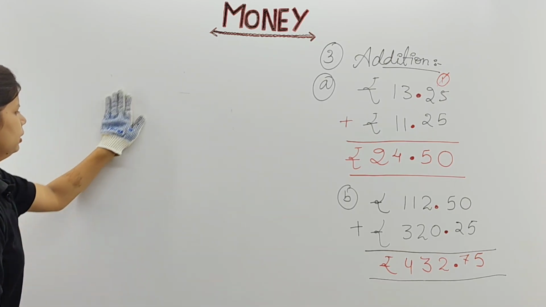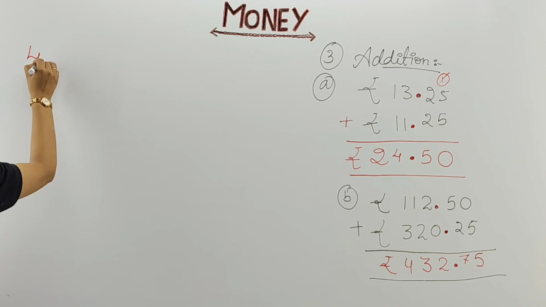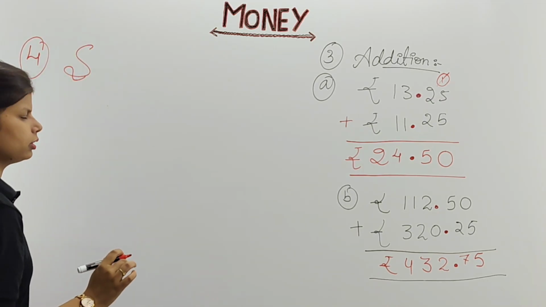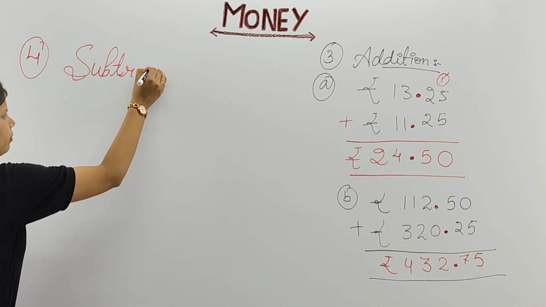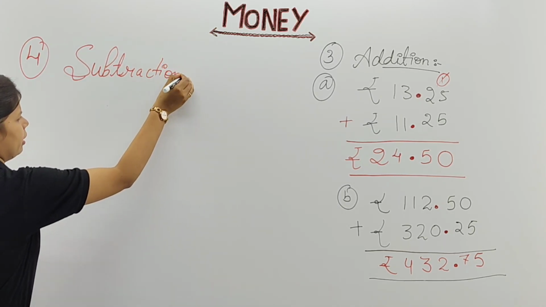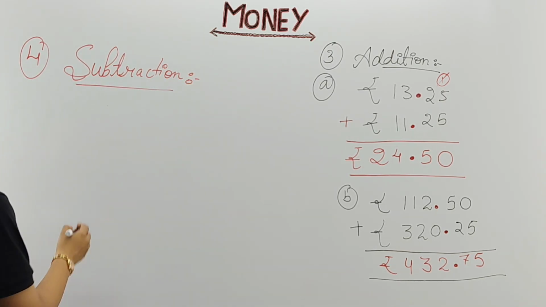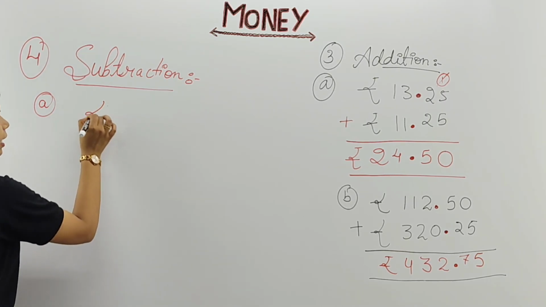Like the second of yours is there. The fourth part which we are dealing with is your subtraction. Homework I will give you at the last. Okay, children? I'll give certain questions at the last that will be done by you and your answers will be given in the comment section. Subtraction. The first question in this will be your... Now, please note it down from that addition part. Don't be confused that I have written the addition and then you are thinking where you have to write the subtraction. If your question is there,